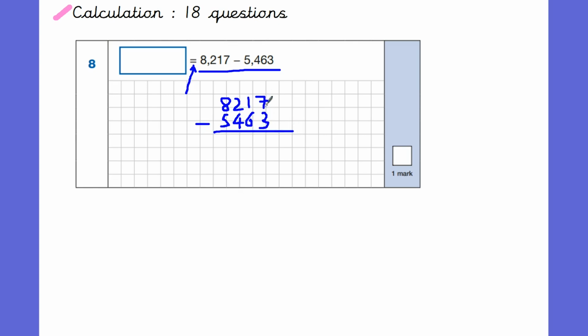So 7 take away 3 is 4. 1 take away 6 I can't do, 2 take away 4 I can't do, so I borrow from the 8, that becomes 7, that becomes 12, which I cross out and borrow from, that becomes 11, and that becomes 11. So 11 take away 6 is 5, 11 take away 4 is 7. And 7 take away 5 is 2. Leaving us with a final answer of